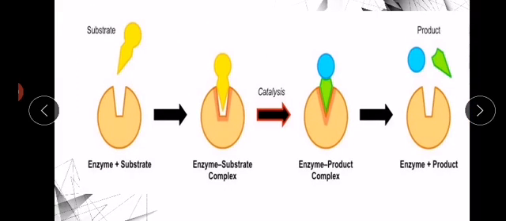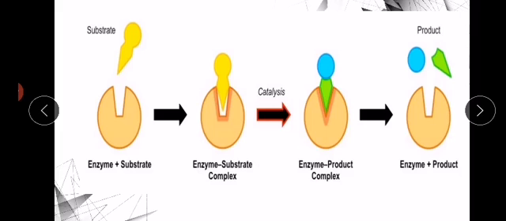Here you can see the shape of the active site is a bit rectangular, and the shape of the substrate is like this pointed one. Now when this substrate fits into this enzyme, what will the active site do? The active site will occupy the shape of the substrate. Now it has adopted, or it has been molded into, the shape of the substrate, and again the substrate and the enzyme have been attached, and they have formed an enzyme substrate complex.